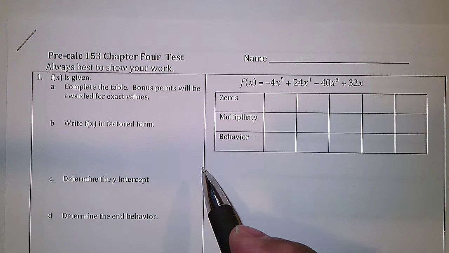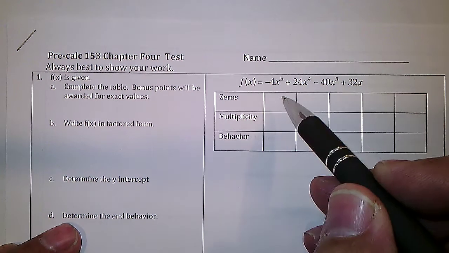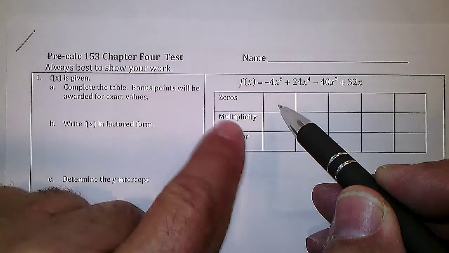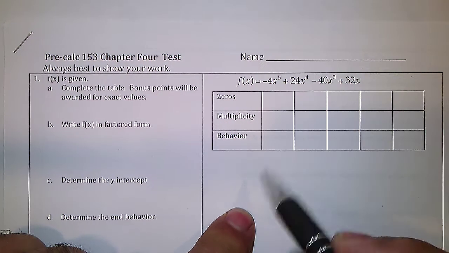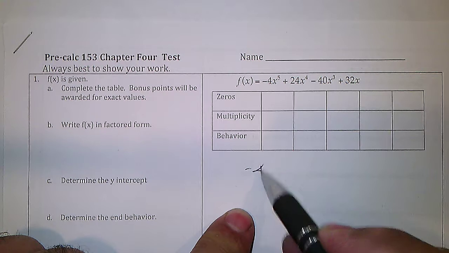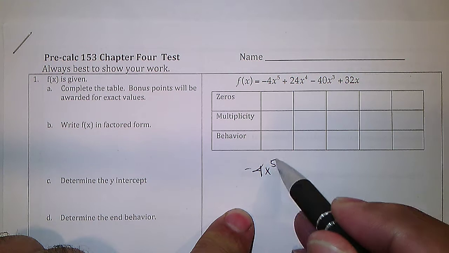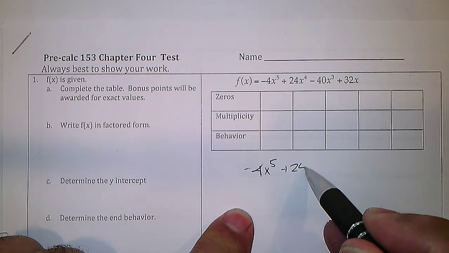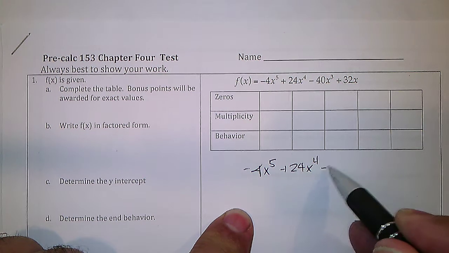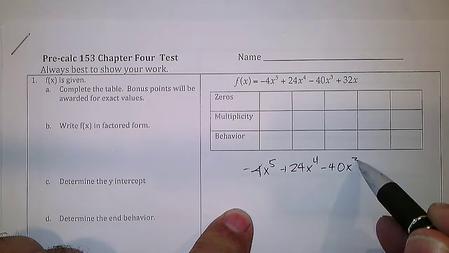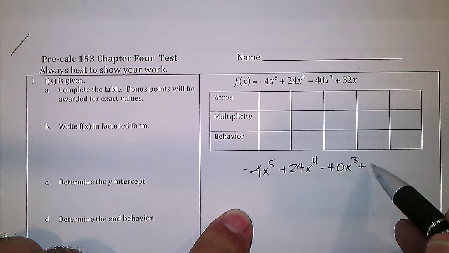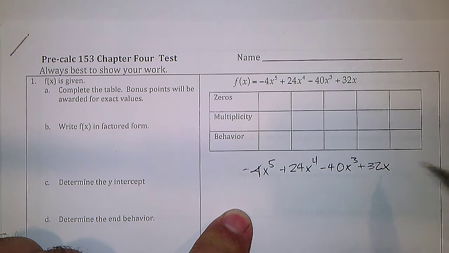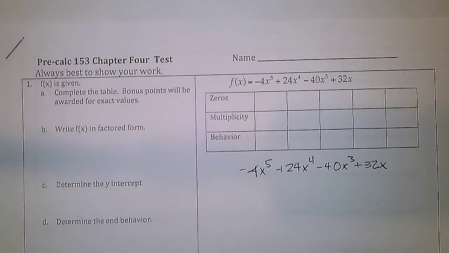Right, let's do the test here. First of all, let's look at this. Let's see, we got minus 4x to the 5th plus 24x to the 4th minus 40x to the 3rd plus 32x. Now looking at that, I see an x in each of the terms,